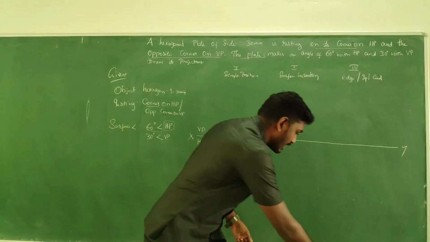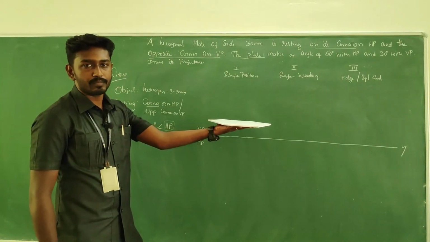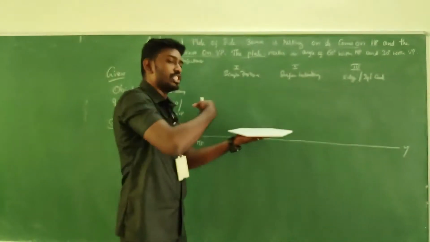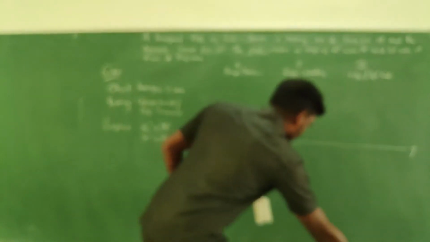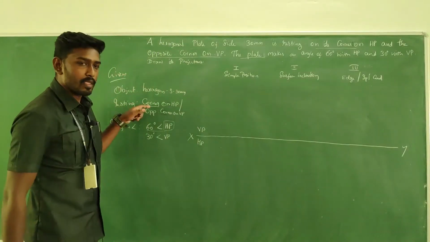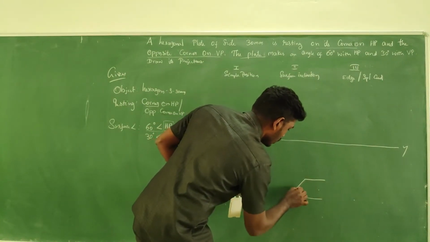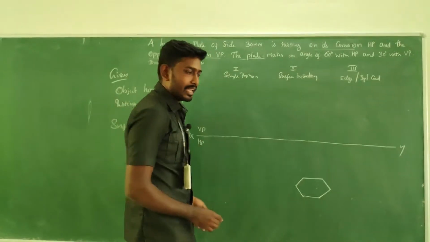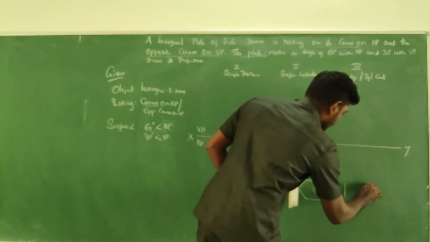So the initial assumption in the simple position is just keeping it parallel to the horizontal plane. So in the top view we could see the true shape, and in the front view we could see a straight line. So here the condition is a corner. As far as this hexagon is concerned, 2 positions are possible. So like this I can keep my object as well. I can keep my object something like this.